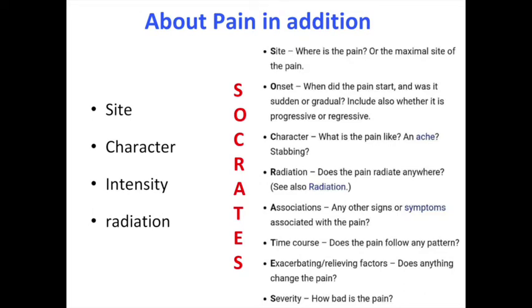The site of the pain: classically in a hip pain, the patient will point towards the anterior side of the groin or slightly on the side of the groin. You need to describe the character, the intensity and the radiation. If there is pain in a trochanteric malunion, invariably it is a mechanical pain, meaning it is going to be dull, it is not going to be throbbing or very severe. It could be activity related. There could be some amount of gelling when a patient sits for too long. There could be radiation towards the medial aspect of the knee.